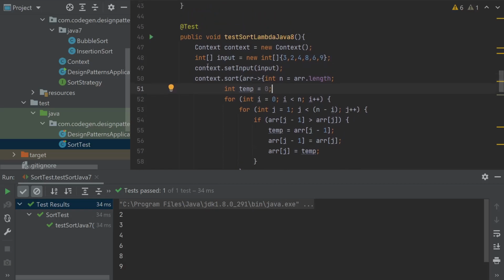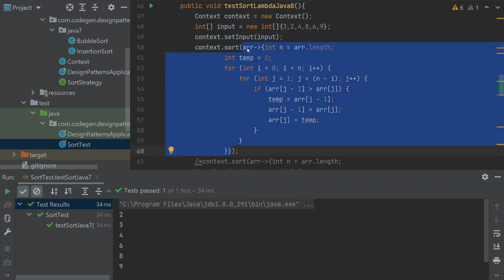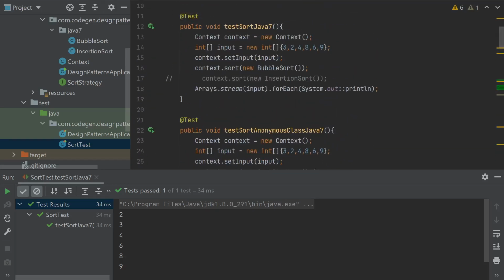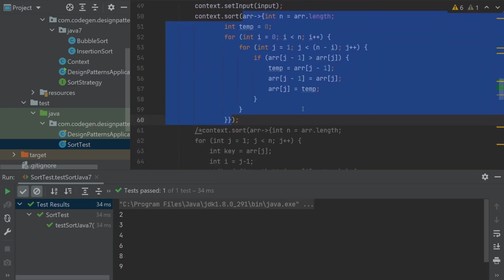We have the same context object, input, etc., and we are invoking that operation. But if you observe here, we are passing a lambda expression, which is like code contained in a method. We are passing it as a parameter to the operation, as opposed to the earlier example in Java 7 where we were sending the instance of a class. But here we are passing the lambda expression as a parameter.